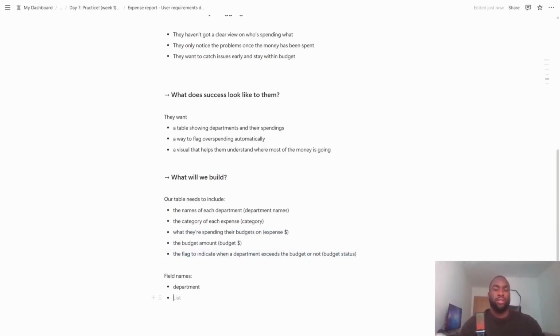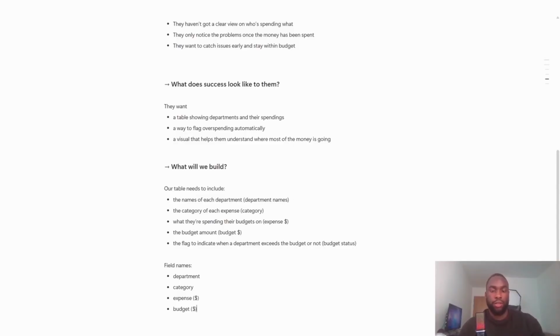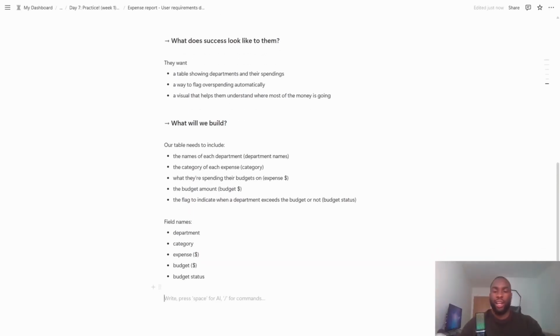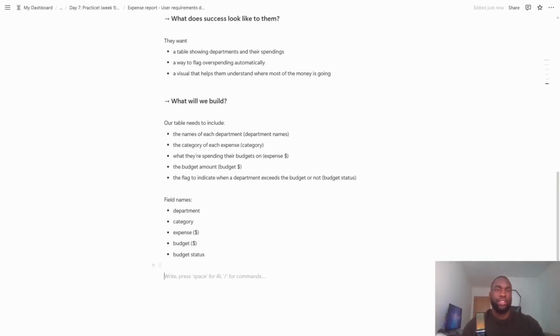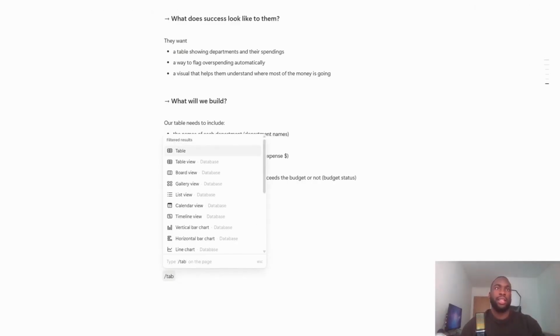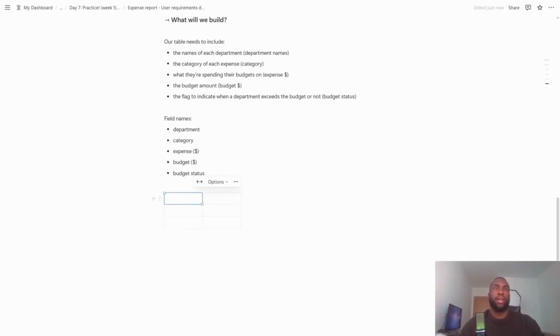So let's do that. Category. Expense in dollars. The budget in dollars. And the budget status. Okay, so in Notion, I can actually create a table. All I need to do is hit /, type in table, then hit enter. So now I can create a mock-up of what my table is going to look like